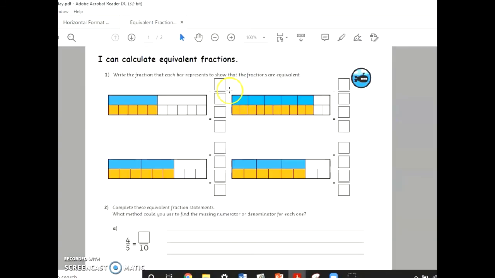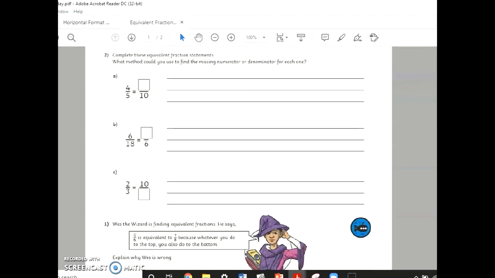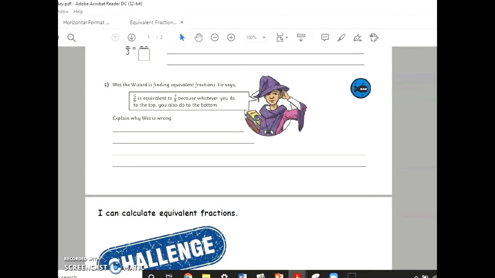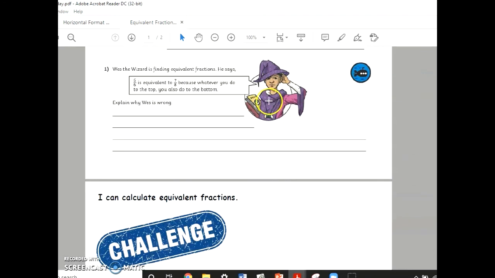So we've got some questions here for you, a little bit like the ones we just did at the beginning of this video with some bars to fill in the equivalent fractions, and then some missing numbers, and a little bit of a problem solve here. I need you to explain to me why Wes is wrong. Wes is saying that 5/6 is equivalent to 7/8 because whatever you do to the top, you also do to